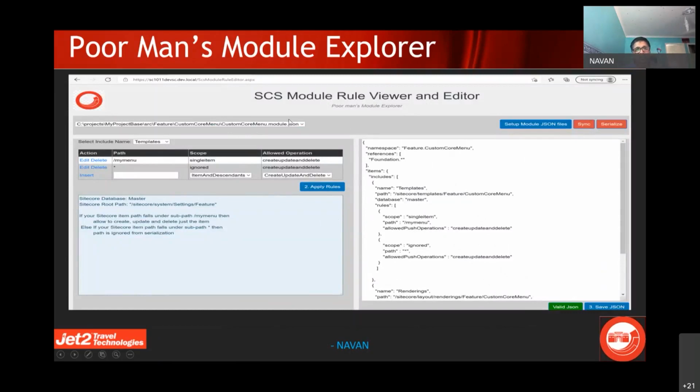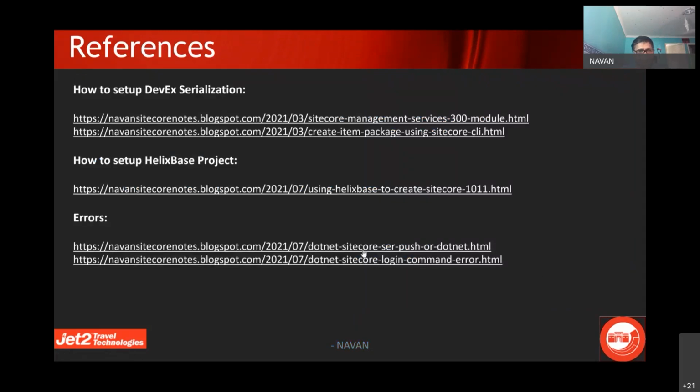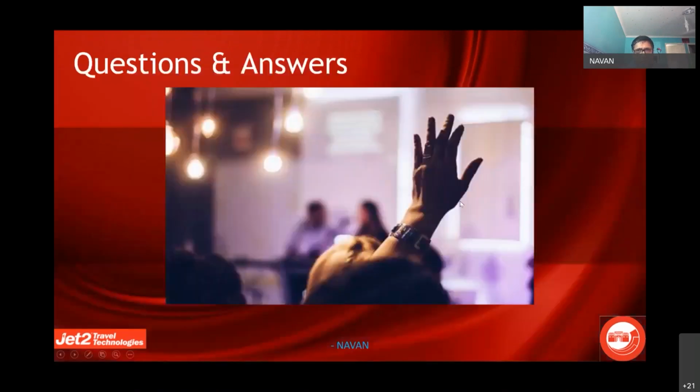It automatically fills this JSON files, and then you can specify each of the templates and apply rules, and then you can validate the JSON if you are adding something here, and then you can sync and serialize those options over there.